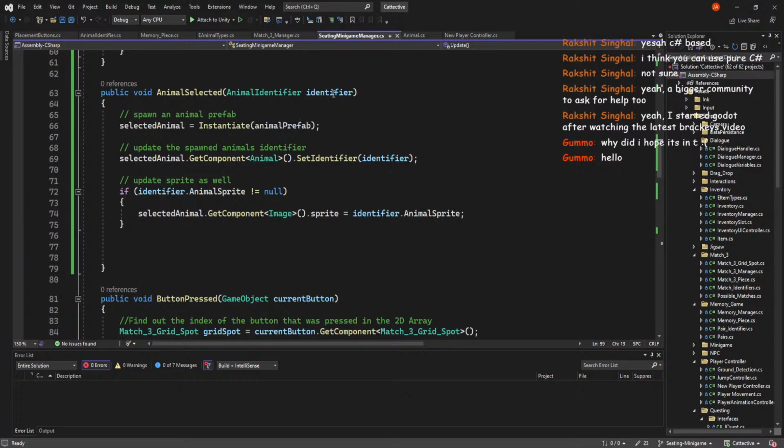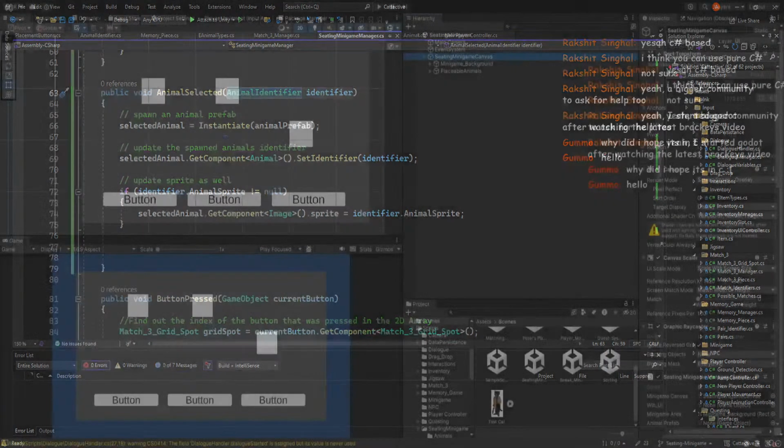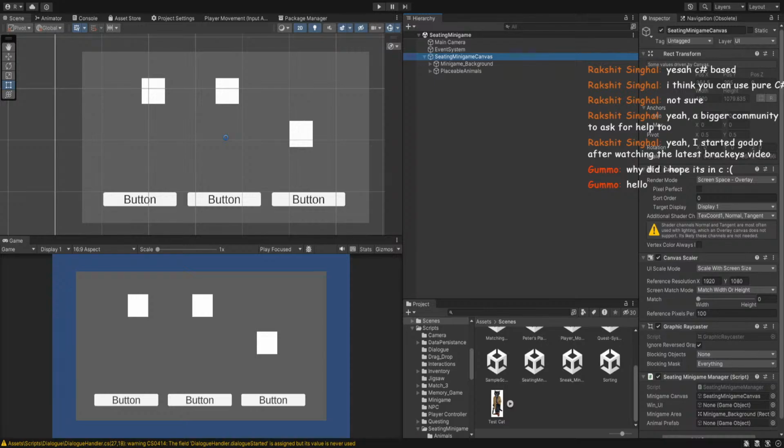Let's see. I need to test this. Actually, how am I gonna pass this animal identifier down? Because if I just go back into Unity real quick,